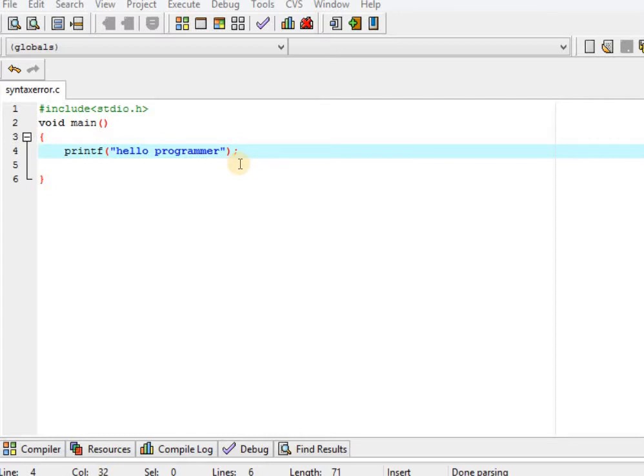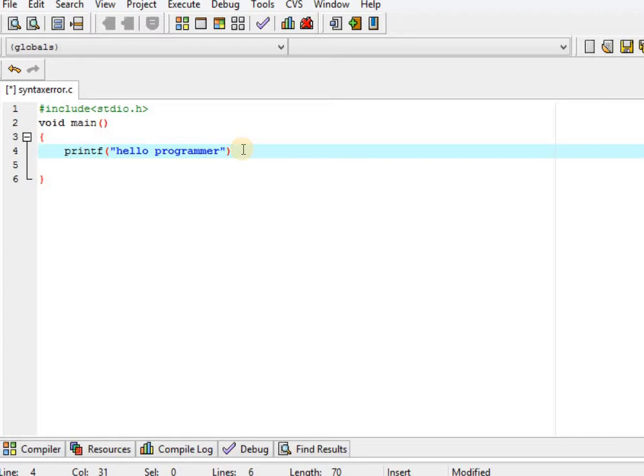Second, missing statement terminator. In C programming, there is one rule: at the end of each statement, a terminator must be used. This terminator is the semicolon. So you know that for each statement, we use a semicolon.